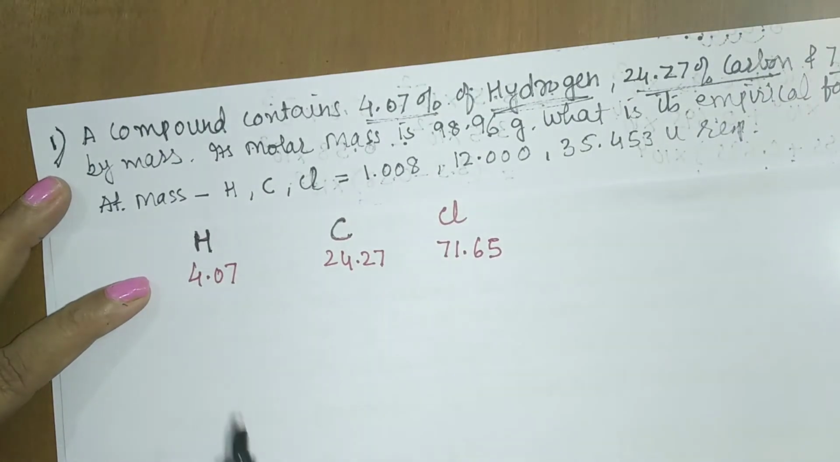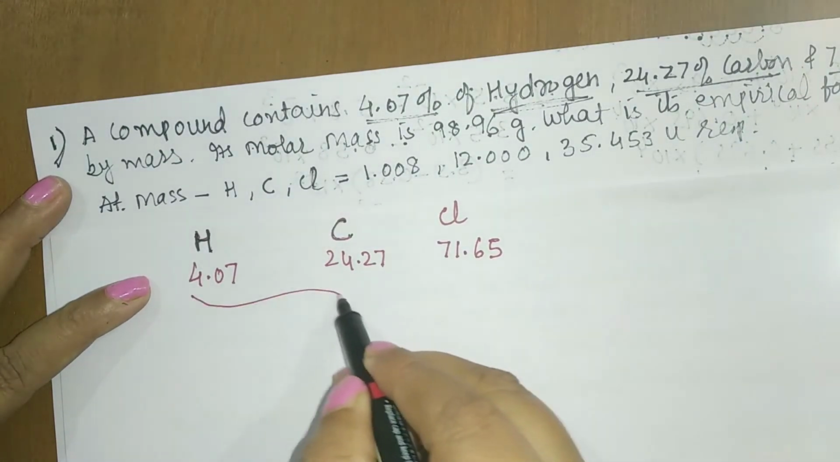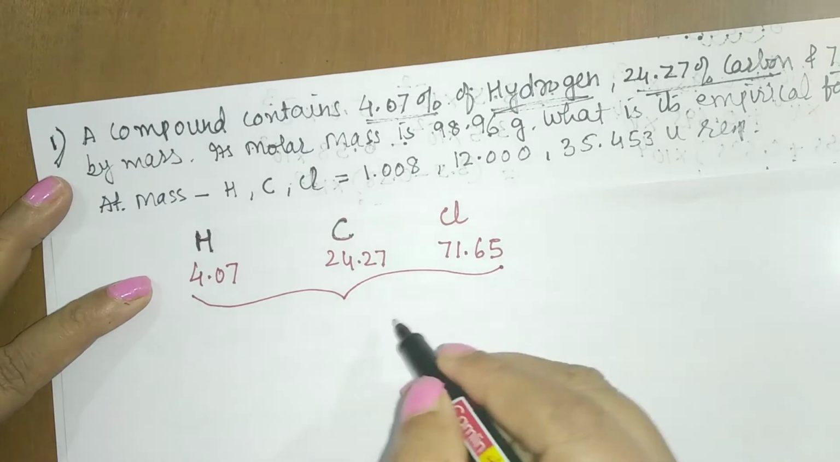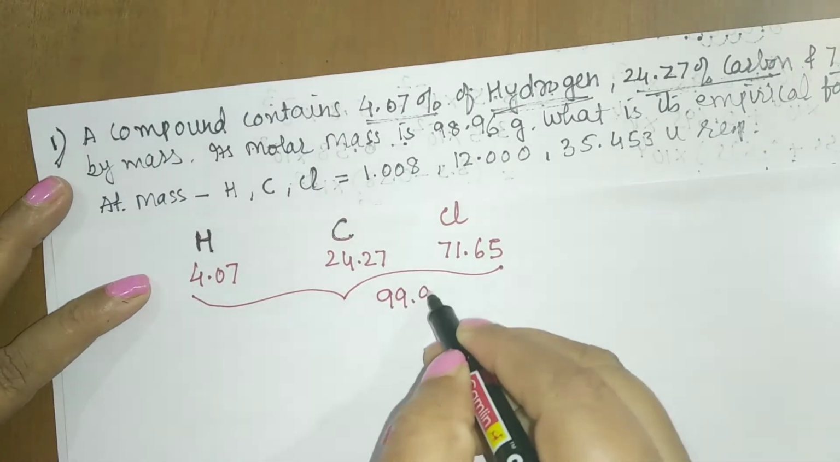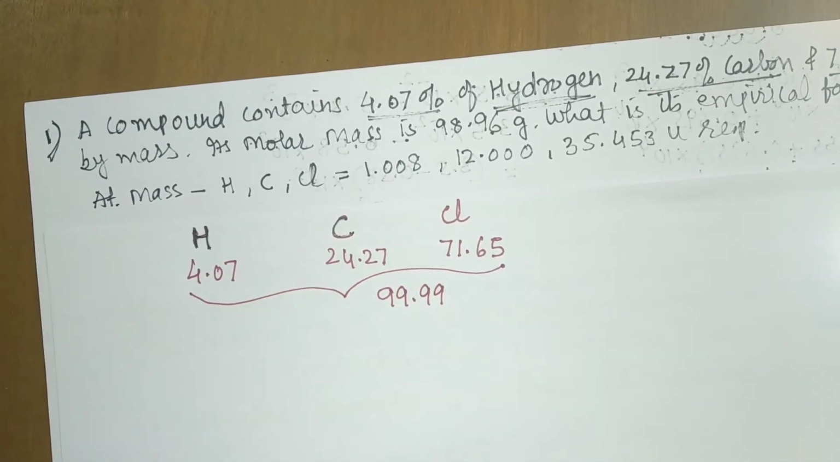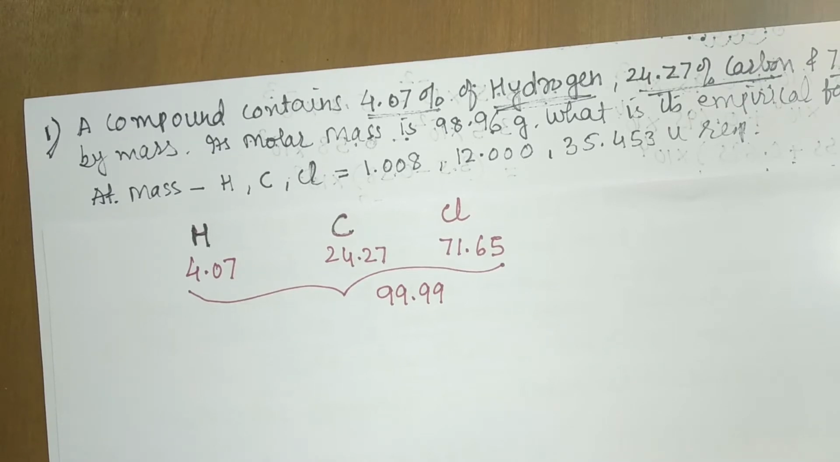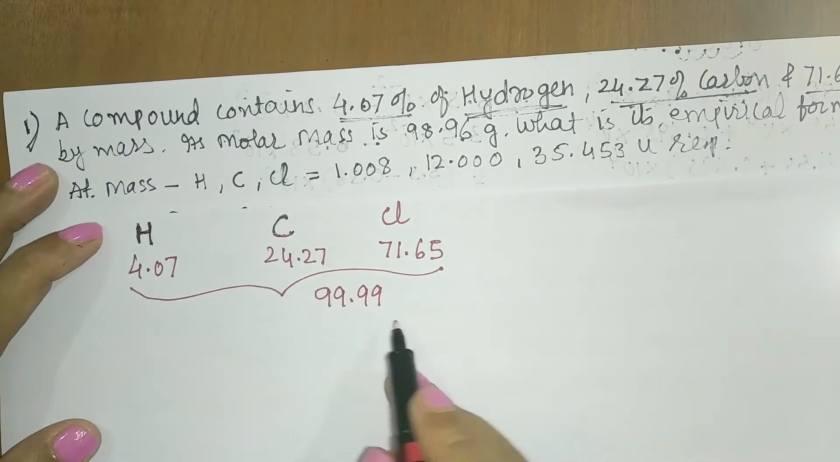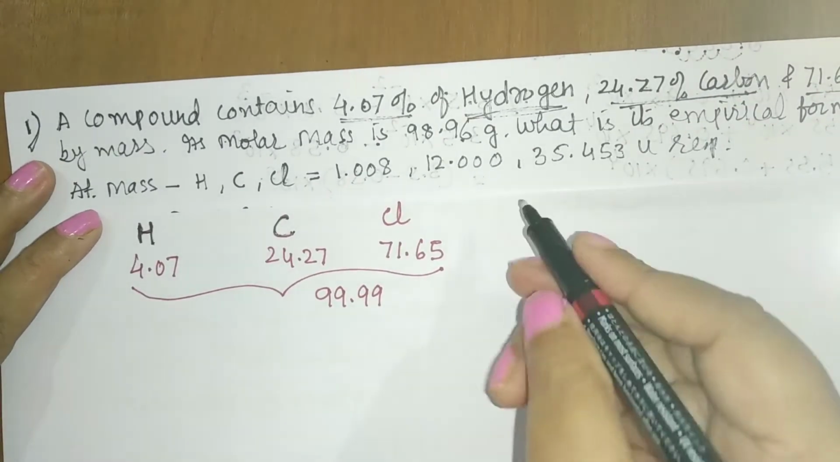And this is 71.65. Students, if you make a total of all the three elements, this total comes out to be 99.99. So you can consider this because it is very much close to 100. You can neglect oxygen, but we will try to calculate oxygen also so that you will understand the proper way of doing the calculation. Now, as the total is below 100,